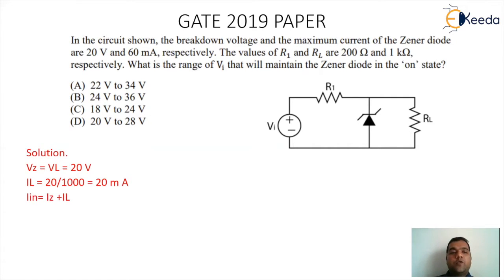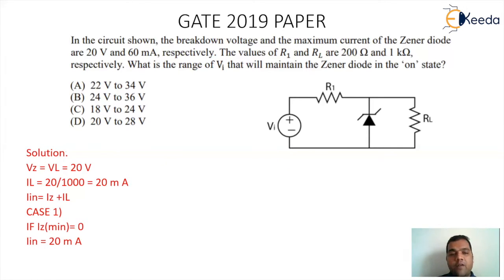Now also the input current is going to split into two parts, that is the Zener current and the load current. So we are going for the first situation, that if the Zener current is basically taken as 0 because the IZ min value is not available, we can consider the IZ min as 0. In this situation, the load current will become equal to the Zener current. Load current will become equal to the input current.